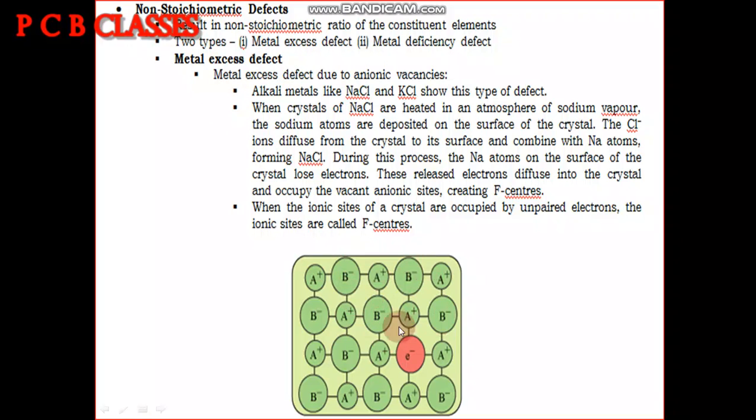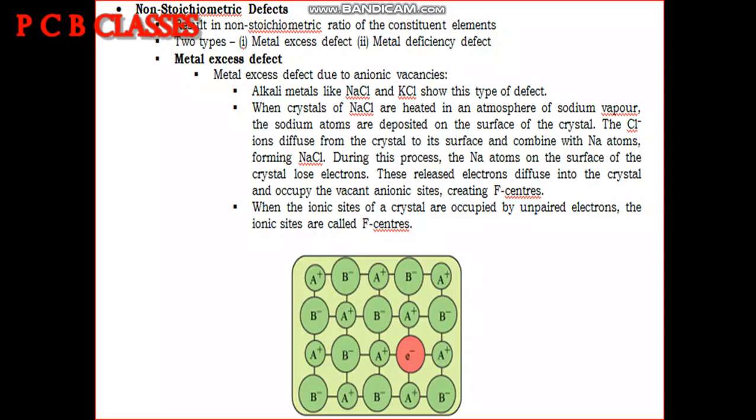Now anyhow, if this solid comes in contact with any solid which has more positive charge or less ionization enthalpy as compared to this. Suppose sodium chloride is present and sodium vapor is also present. You have sodium chloride and also sodium vapor. Similarly, if you have lithium chloride, you should have lithium vapor. If you have potassium chloride, you should have potassium vapor. The alkali metals and their vapor.